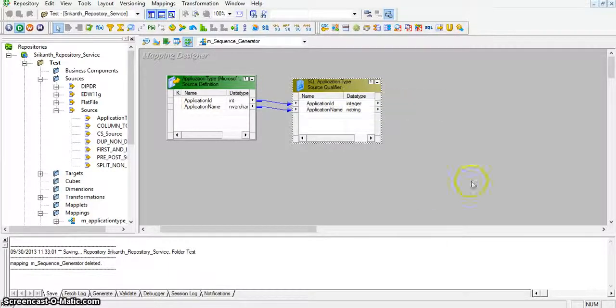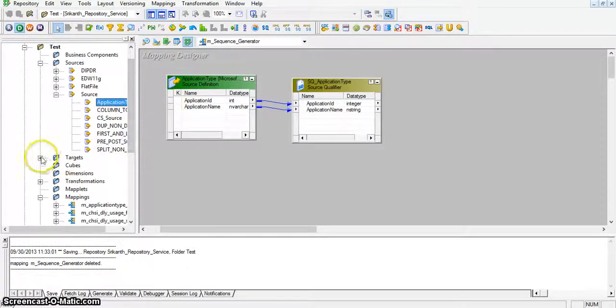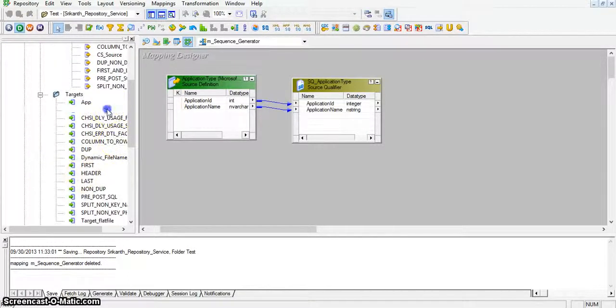And now I will take a target transformation from targets with the name application type.